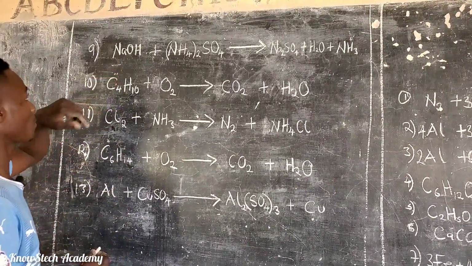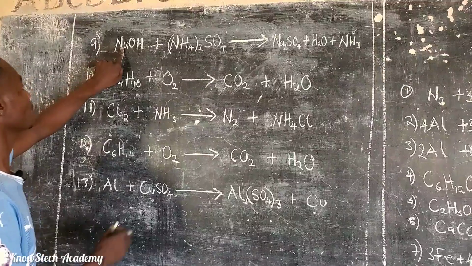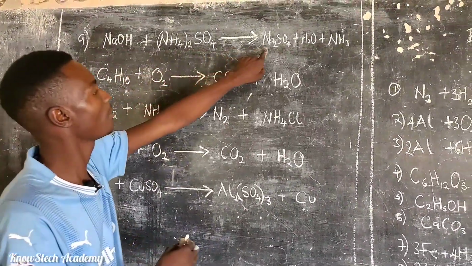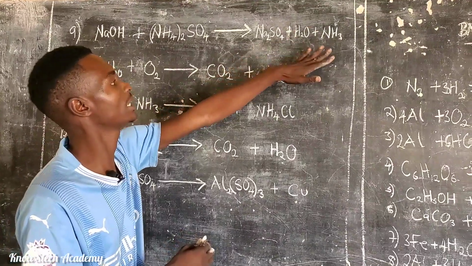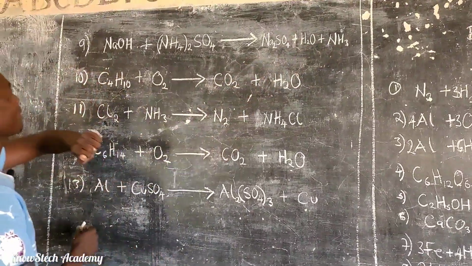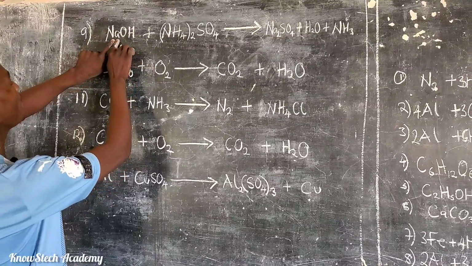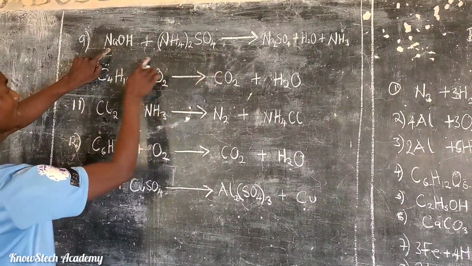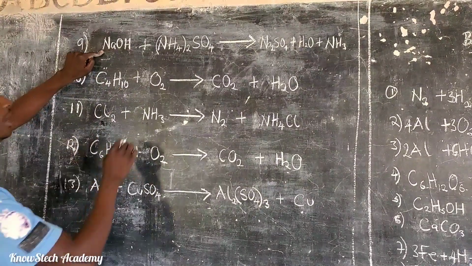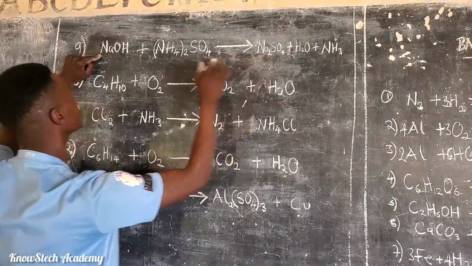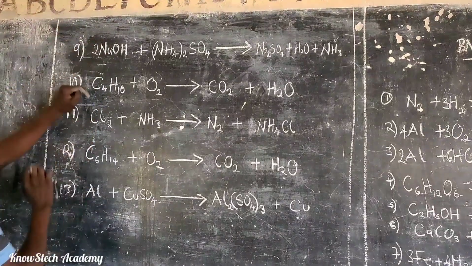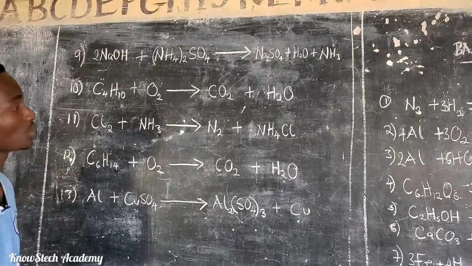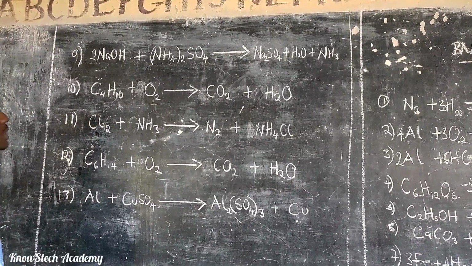Okay? So the first one, which is question 9, sodium hydroxide reacting with ammonium sulfate to form sodium sulfate, water, and ammonia gas. That's right. All right. So how many atoms of sodium do we have on the reactant side? We have 1. How about on the product side? 2. So I'm going to put a 2 here,